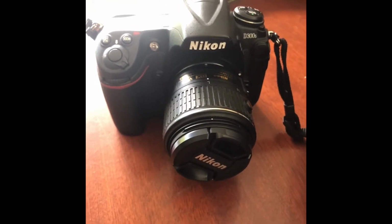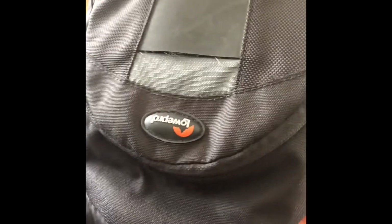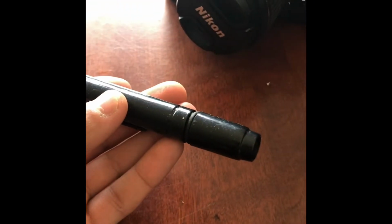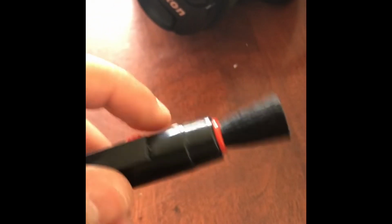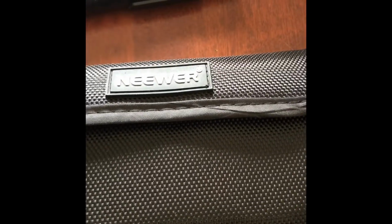Besides the camera, you're going to need a camera bag with all your gear in it, and I will show you what gear I have right now. Inside the camera bag we have a cleaner that cleans the lenses, and actually I use it to clean the filter. Paper bag, ND filters,